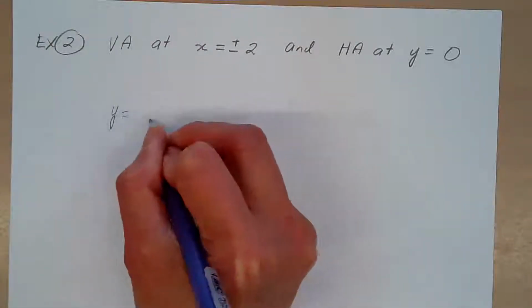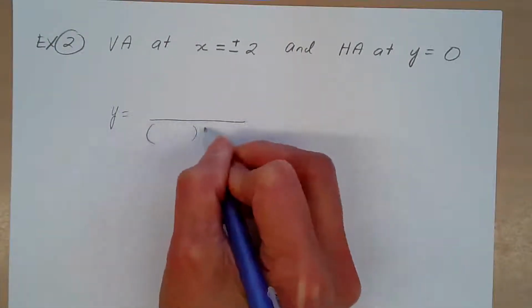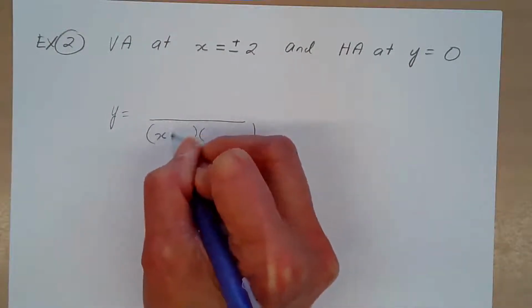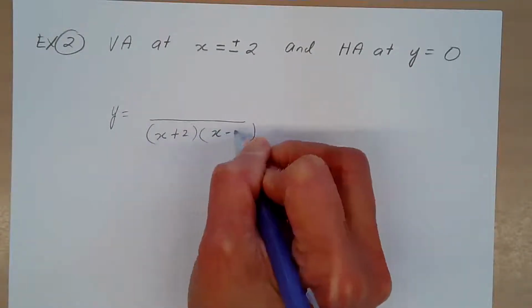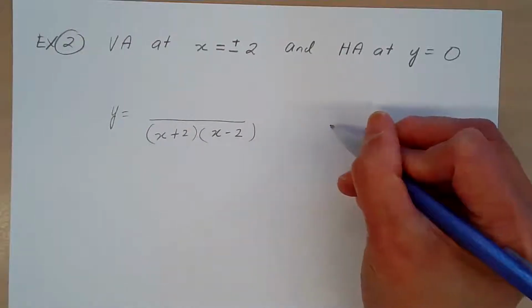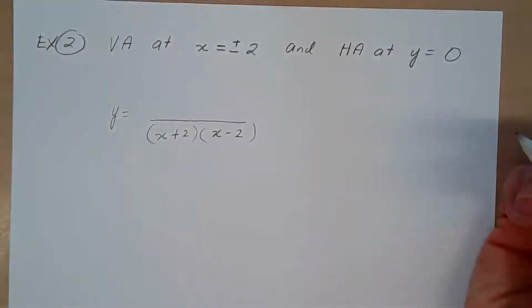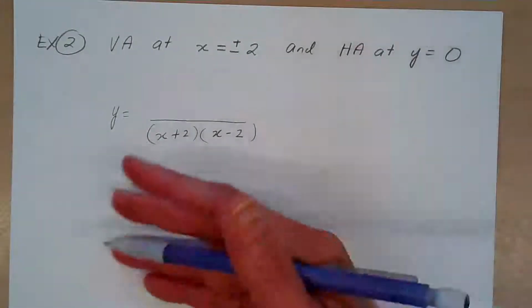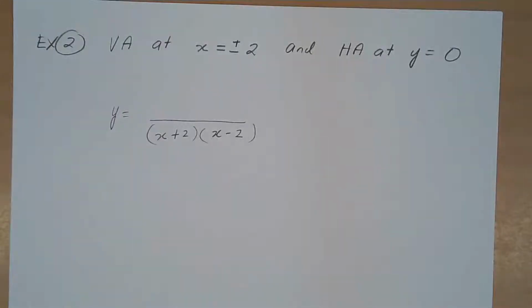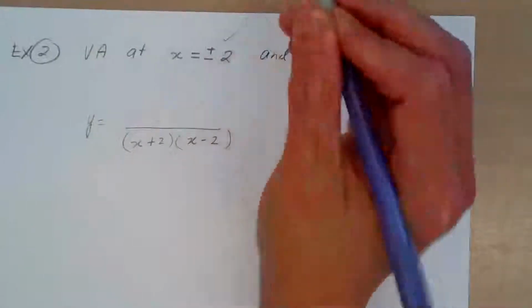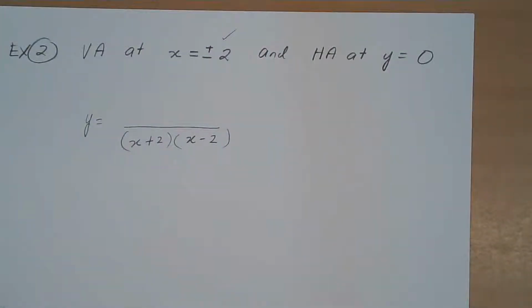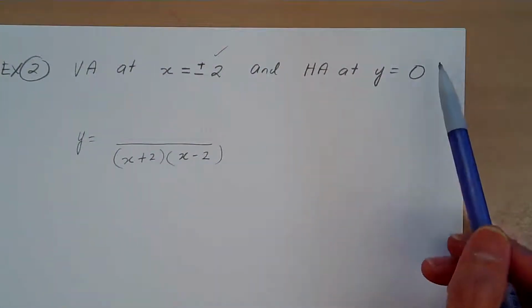It's going to be x plus 2, x minus 2, or we can say x squared minus 4, right? We'll fix that later. Okay, good. So we figured that out. That's awesome. What would be the possible one